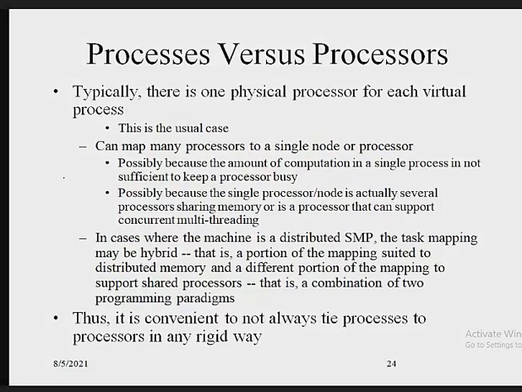And the processes. Okay, so we already discussed this regarding the processors, because there is only one physical processor for each virtual process, and this is the usual case. Okay, now consider here, if you are going to design any parallel algorithm, then in that parallel algorithm, processes are nothing but the logical computing agents that perform the tasks, and processors are nothing but the hardware unit that physically performs the computation. Okay, for that,